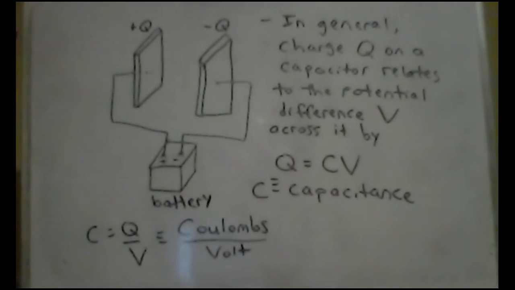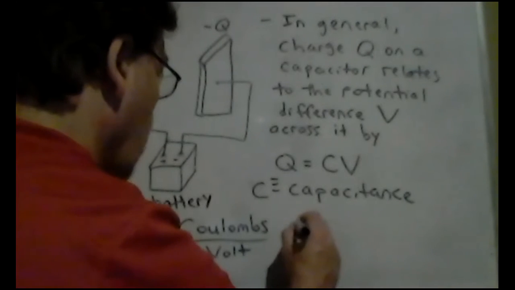And when you see a coulomb per volt, that becomes what's called the farad. That becomes 1 farad,